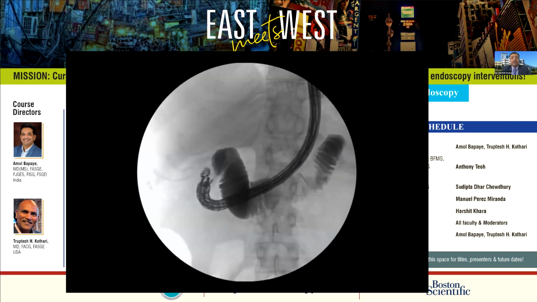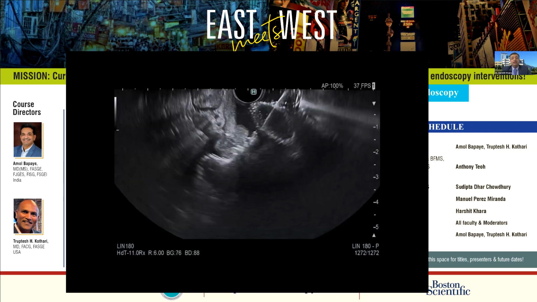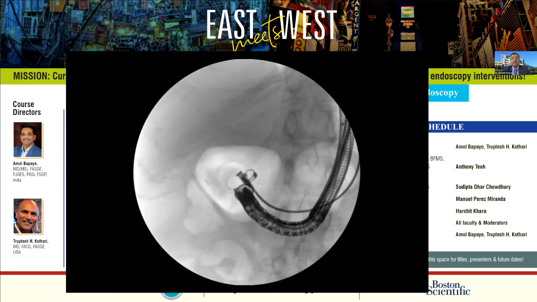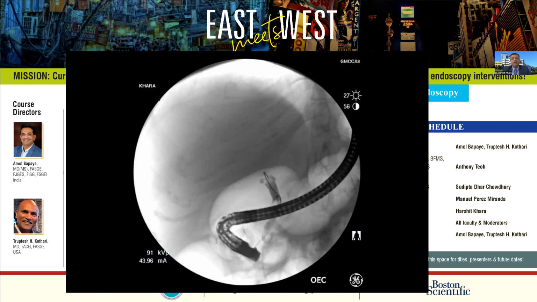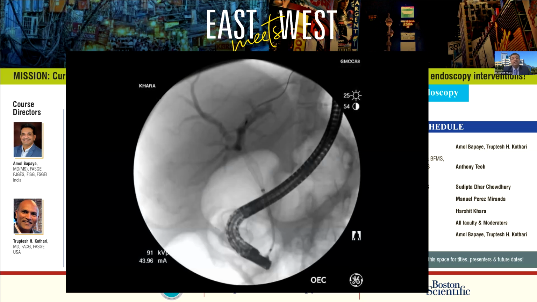So I was able to find an enteroenteric access and able to get a 20 millimeter hot Axios into that area. And then again, same session, we were able to dilate the stent. In this case, I did anchor the stent because it's an enteroenteric access. The stent is easily slippable, in which case anchoring helps stabilize it. And I was able to do a same session ERCP. And you can see here, there is almost a complete ductal obstruction that I was able to successfully traverse, dilate, and then stent in the same session.